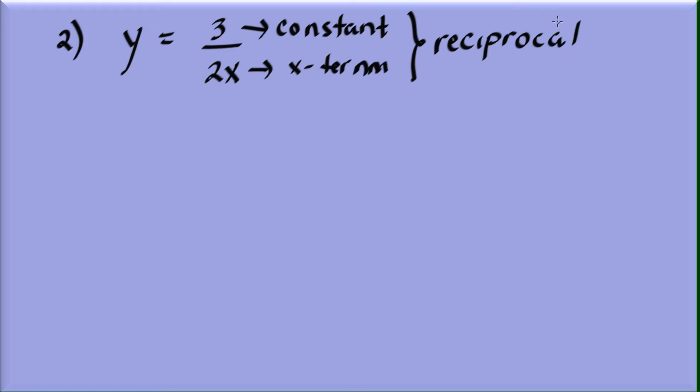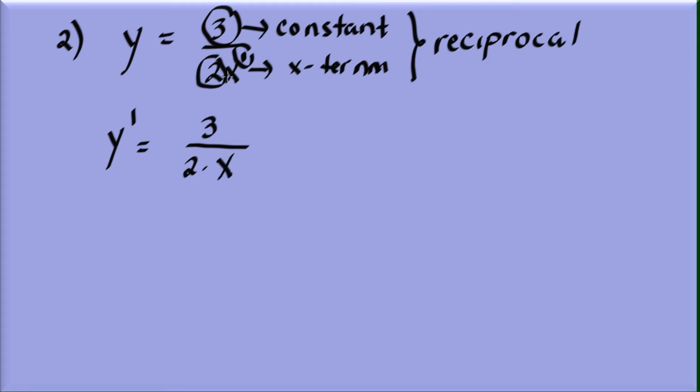So we're going to call it the reciprocal rule. And the rule says to get the derivative, this is a shortcut. So what we do is multiply this constant numerator to the exponent of your x, which is 3 times 1 is going to be 3, divided by, all right, you don't have to do anything with this 2. Write it down here,